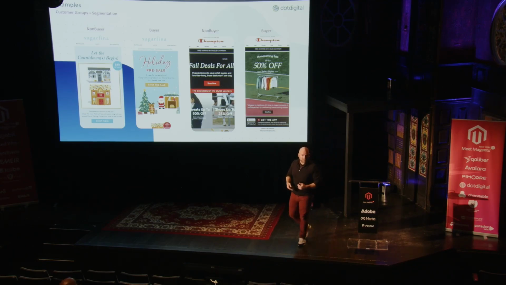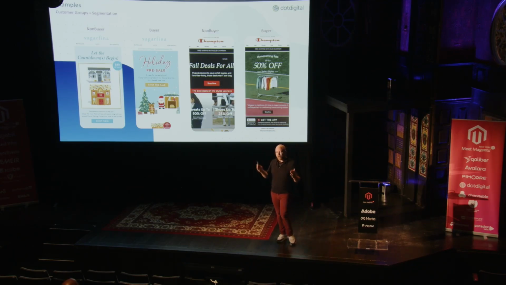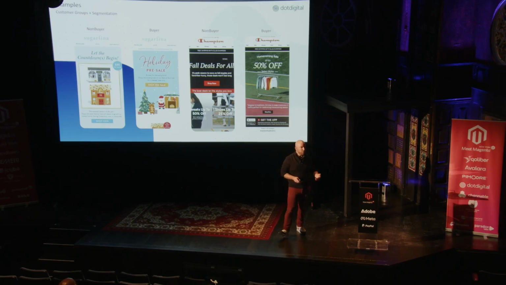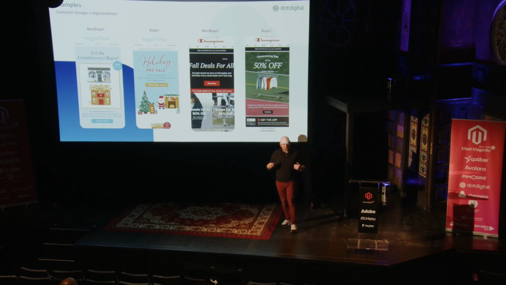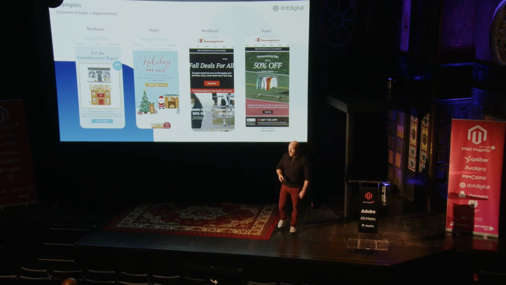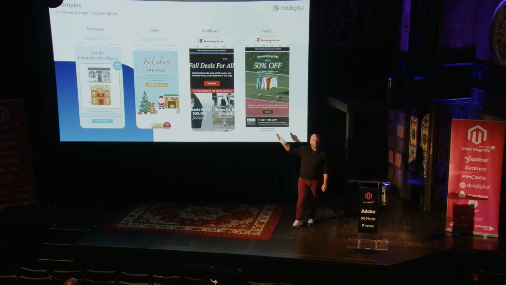I'm a UNC alumnus. I took my daughter to her first UNC football game a couple weeks ago. I bought her a t-shirt. She's got a bright pink UNC Tar Heels t-shirt that I bought from Champion. What Champion is doing in this scenario with the call to action that they're providing me, where they're promoting the same sale but to different customer groups, is they are then doing additional segmentation within their marketing platform to say,